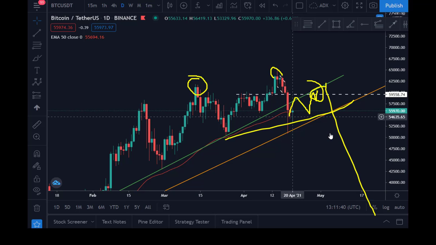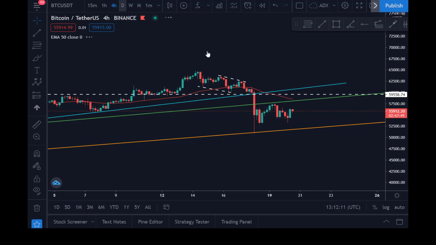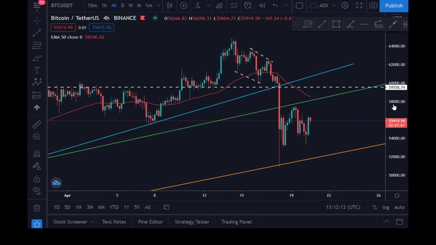And while this is happening, some altcoins will be gaining momentum, guys. So that's one thing you should watch out for. Watch out for a three-wave move up from daily. It looks that way, so you can see it here. The 4 hours looks exactly that way. So we're expecting this three-wave move up here.